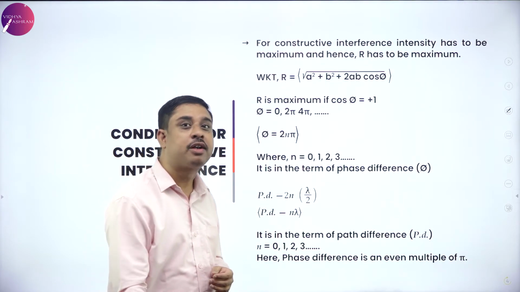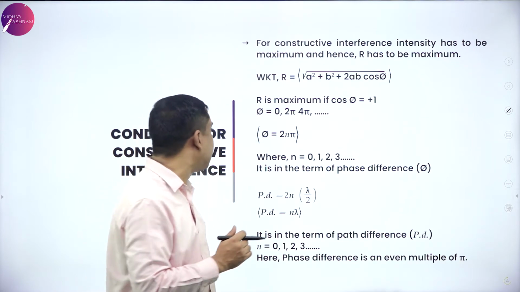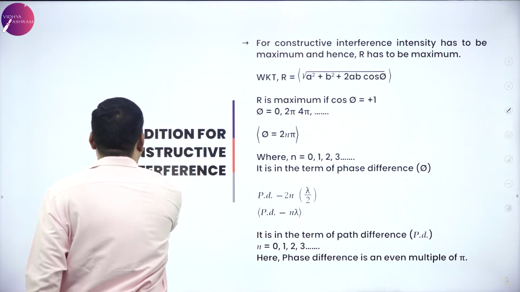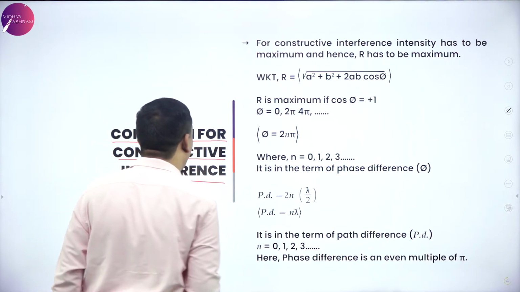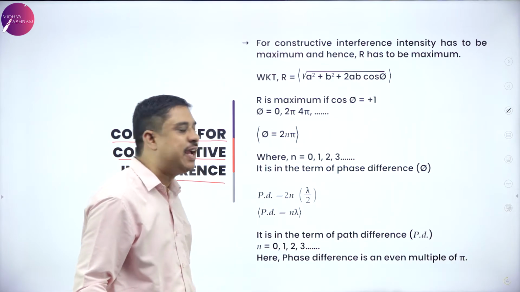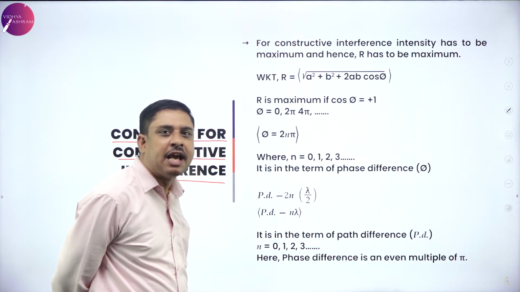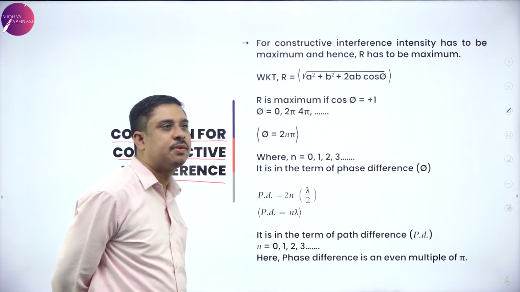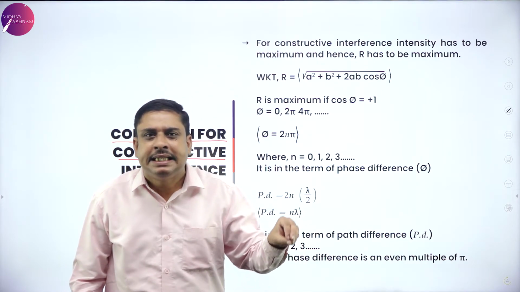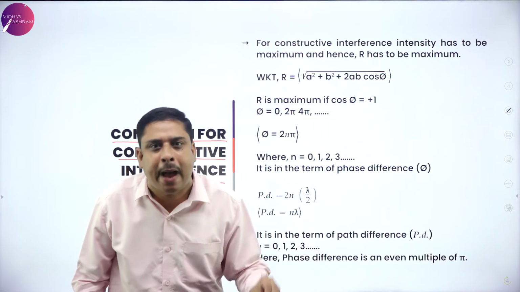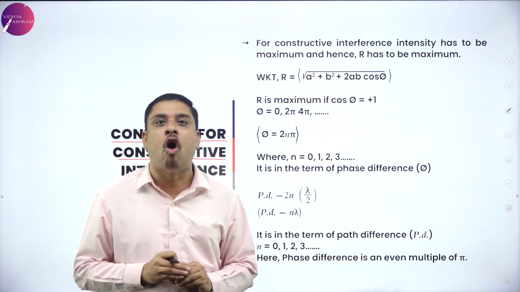Now this is very important. Based on the expression for resultant, I get the condition for something called constructive interference. Now what is this constructive interference? In the previous session I told you the interference pattern will consist of